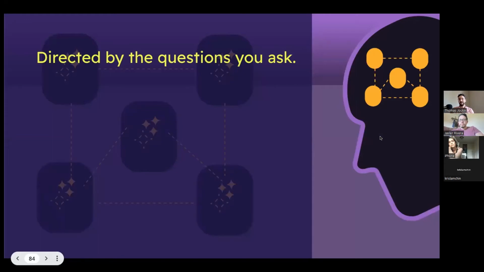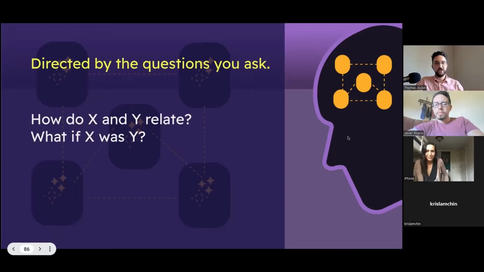So technologies like speech to text or text to speech don't help you in any way with asking questions, directing your questions, or engaging with text to answer questions, let alone grouping multiple pieces of text together to then generate a new inference from previously known facts. That stuff AI cannot do. It's going to take you as an active reader and writer to do that. So for example, how do X and Y relate? That'd be an example to drive questions. What if X was Y? So that's another mode.